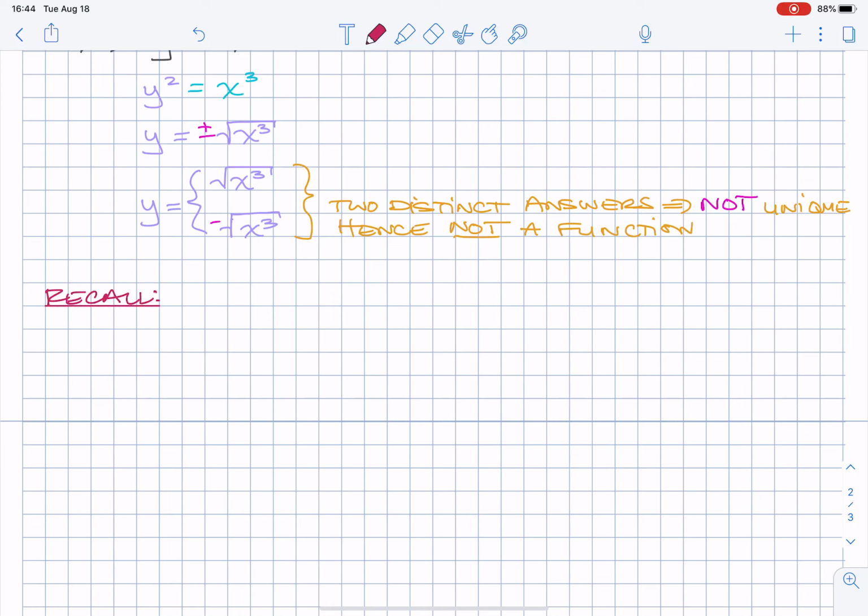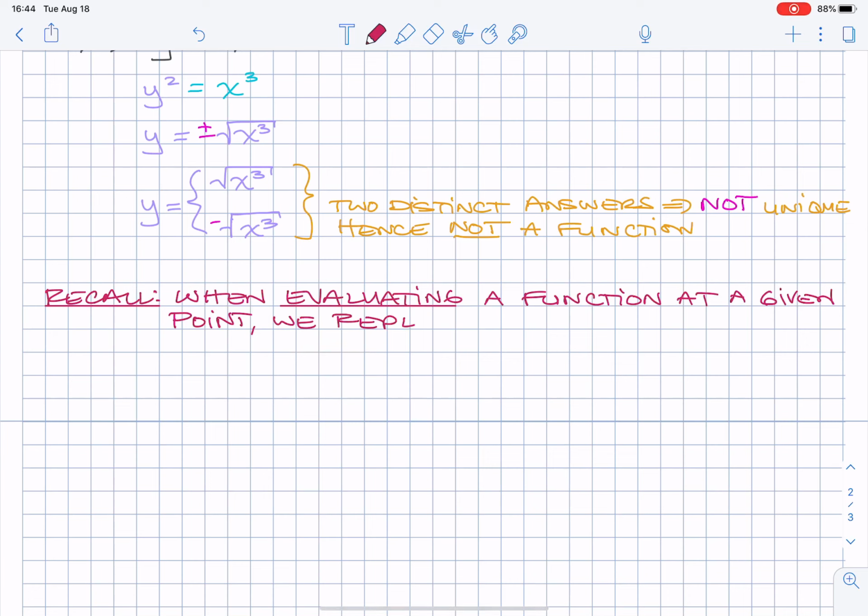So when evaluating a function, we replace each instance of x with the point given. And the word evaluate is what I'm focusing on here. So when evaluating a function at a given point, we replace each instance of x